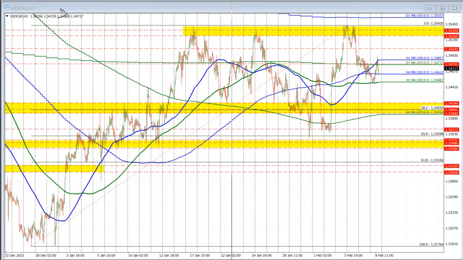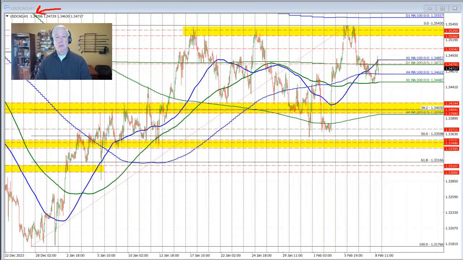This is a Forex quick look at the dollar versus Canada from a technical perspective. Today's date is February 8th, 2024. Let's get started. Looking at the hourly chart for this currency pair, and in trading yesterday, I was pointing out